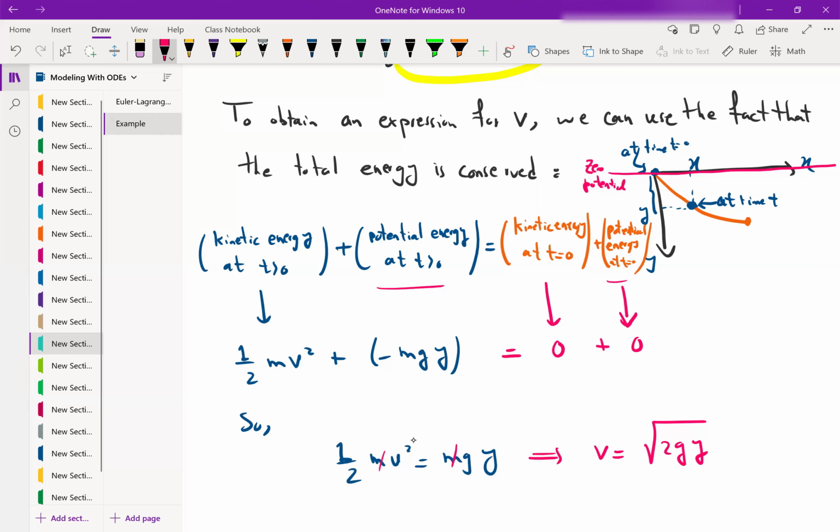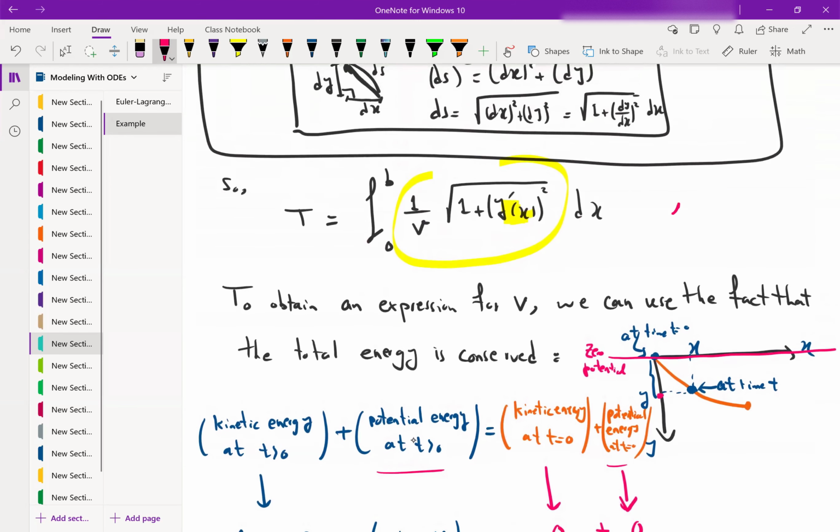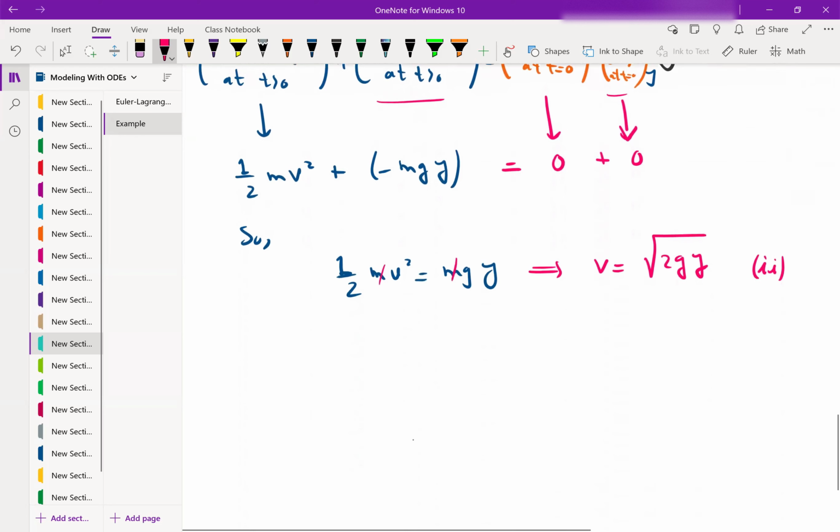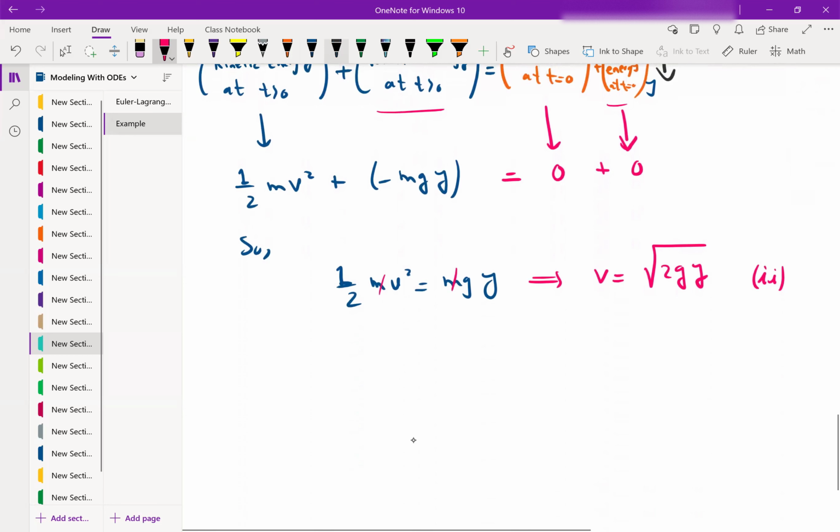So now we have an expression for v. When you are at level y in the vertical direction, the velocity is the square root of 2gy. Let me call this 2, and then I'm going to combine this with 1. I had, in 1, an expression for the total time, and now I know what v is. So 1 and 2 together,